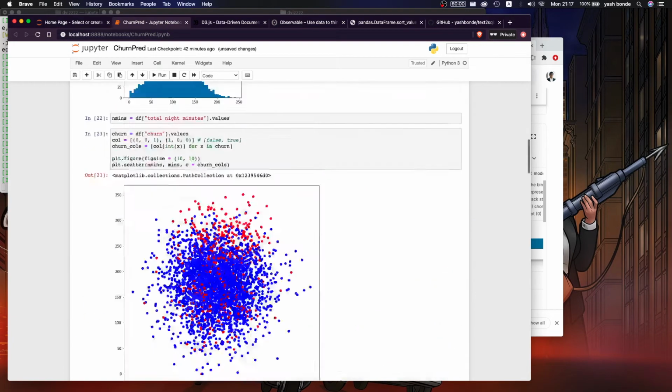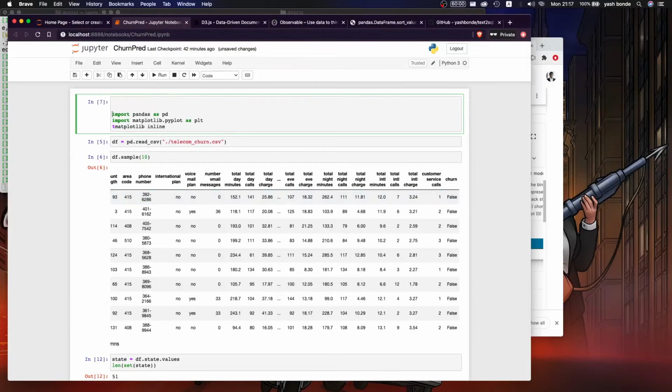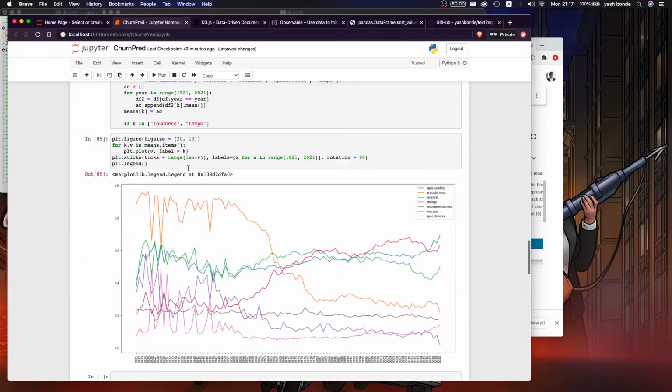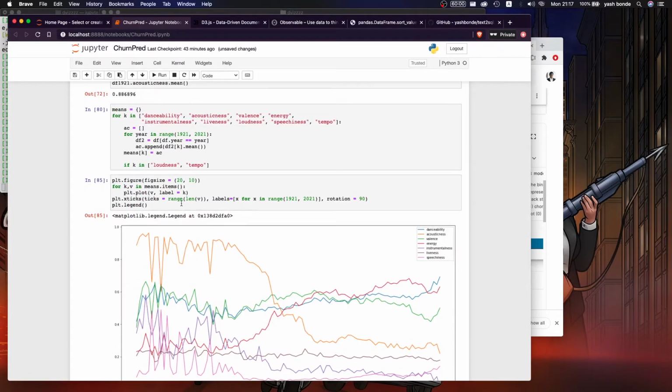Instead of just making it a list, we'll make it a numpy array. From numpy import numpy as np, and you have this thing which is np.array, and means k is